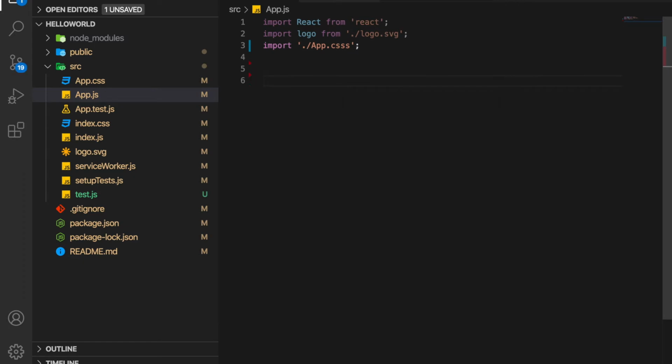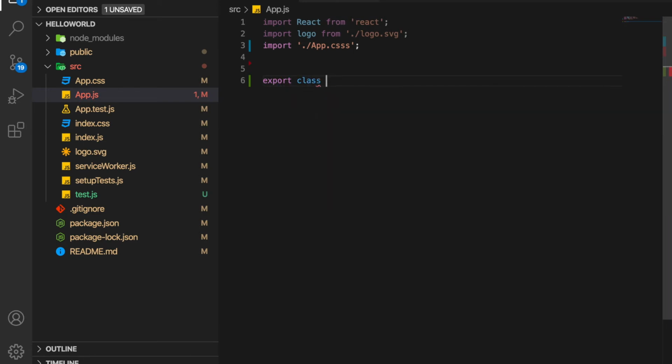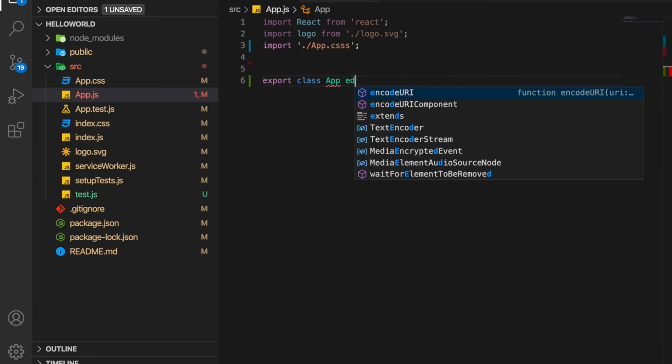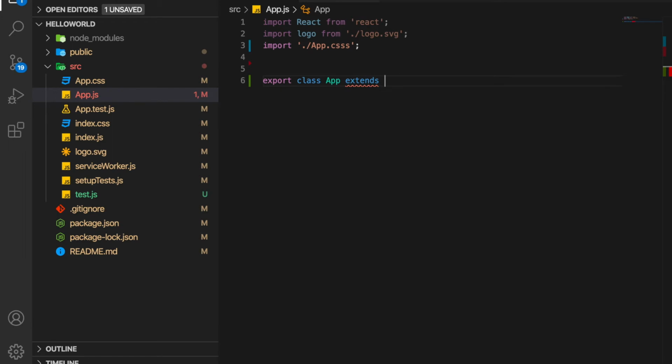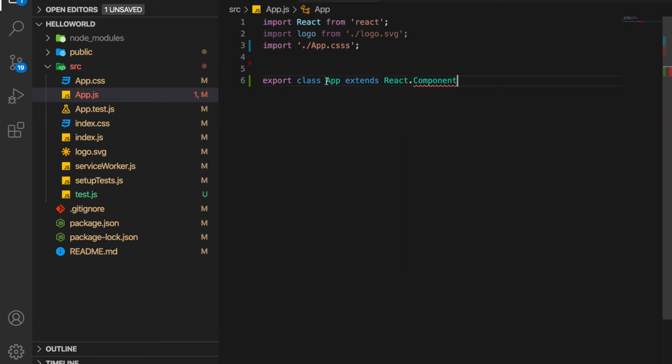After that we have to create a class. To create it, you write export class, and after that you mention the class name, that is App. Make sure your class name and file name are the same. Then it extends React.Component, that is, this class will extend from the React Component class, which has some basic fundamentals.